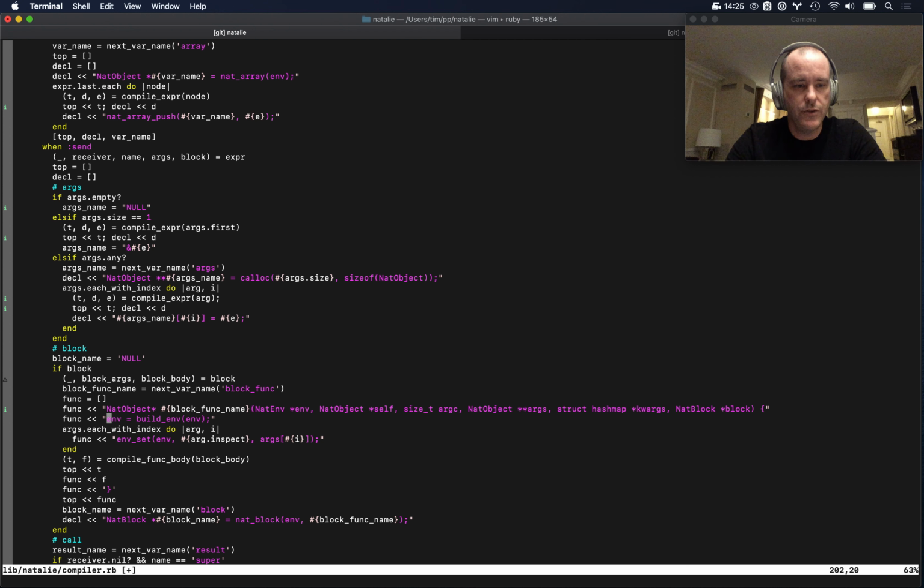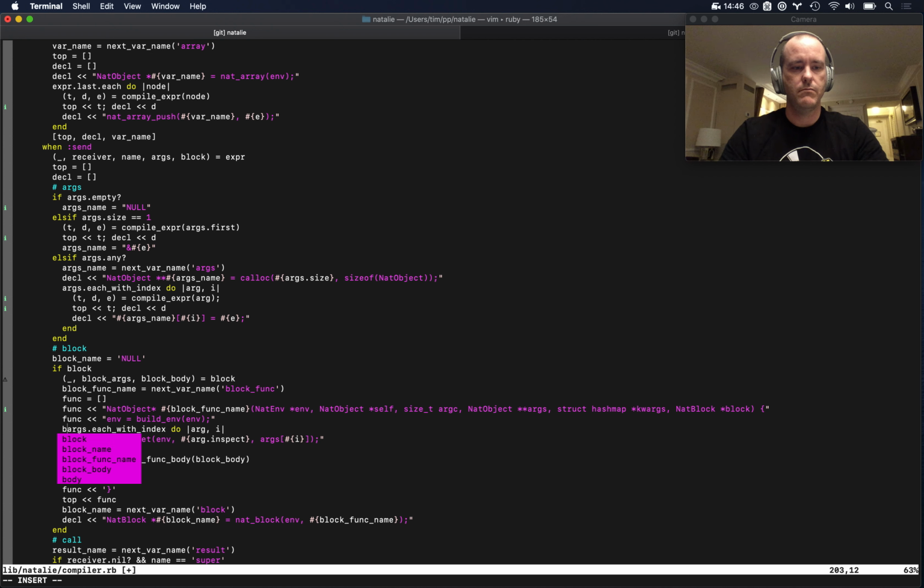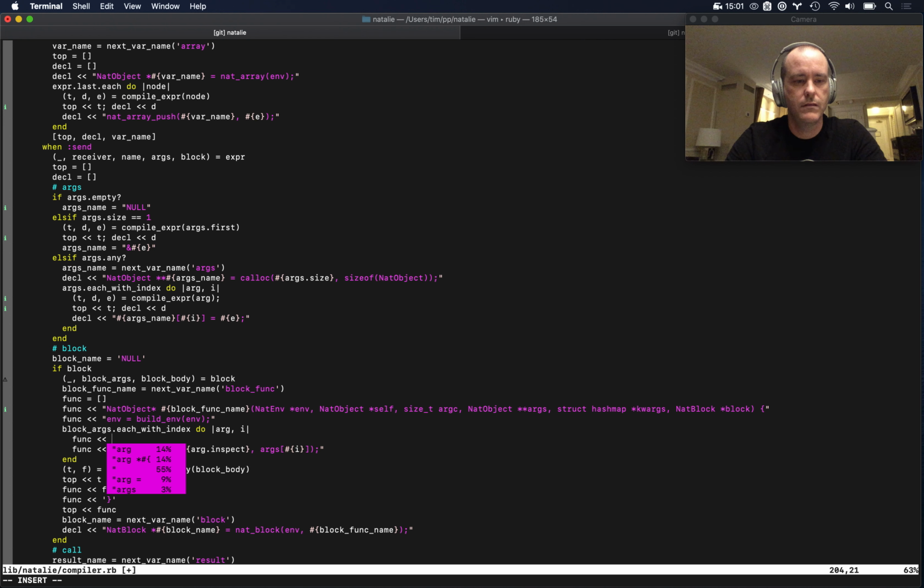We don't need method set. We do want this environment built because we don't want to change the closure. So the environment being passed in to our block is our closure. So we want to build a temporary one inside of the block, and then on that we want to set each of the block args to the arguments that came in, and we really want this to be